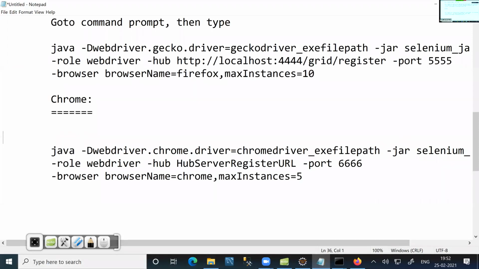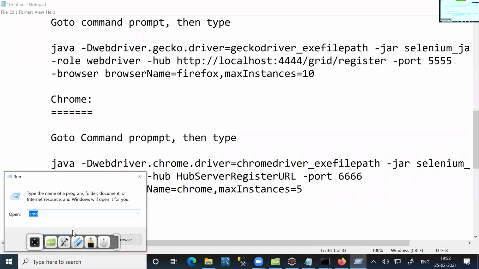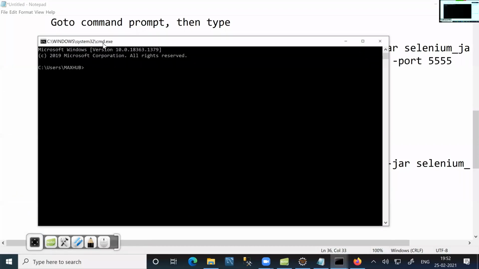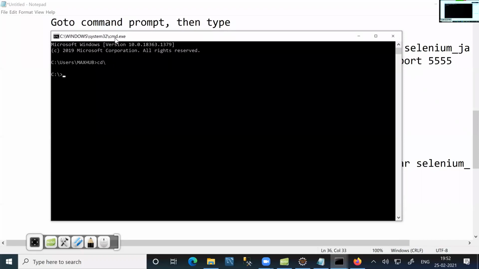So for doing this, we are doing it on the same machine. So open another command prompt. Every command prompt you are opening, we have to assume it is another client machine. Then type this command. Now, to do this, I'm opening another command prompt. Assume it is another node machine. Here I type the command